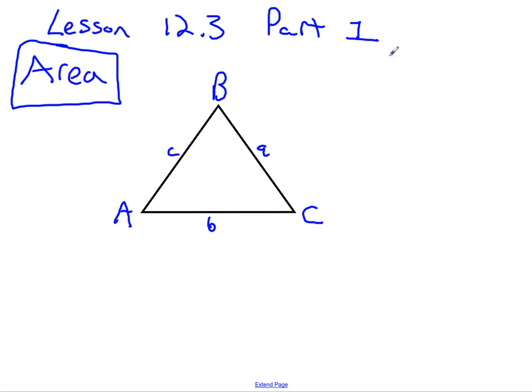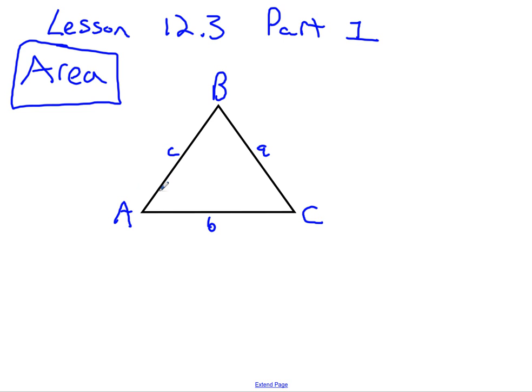This is lesson 12.3, and lesson 12.3 will be put into two parts. Part 1, we're going to talk about how you use trigonometry to find area of a triangle. Before we can start with this, let's review how we name triangles and the relationship between the angle name and